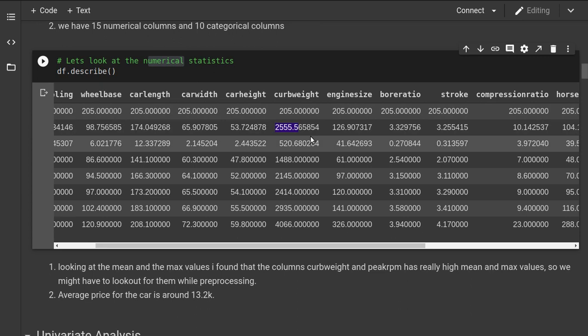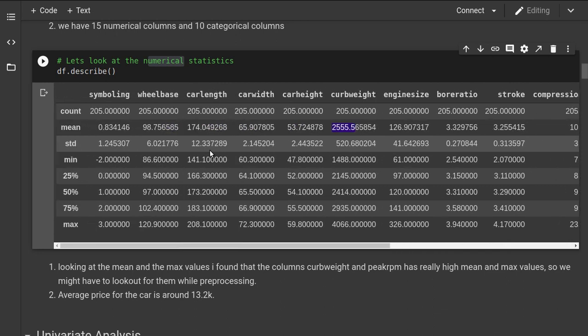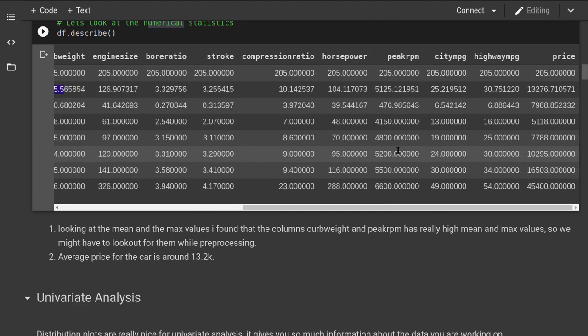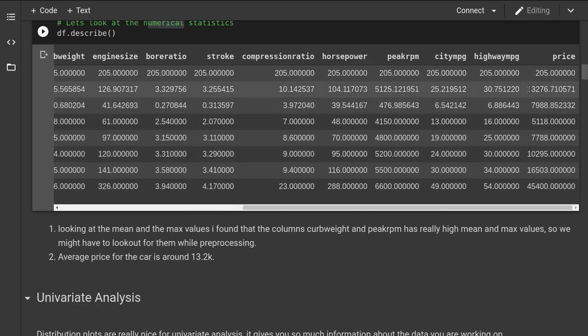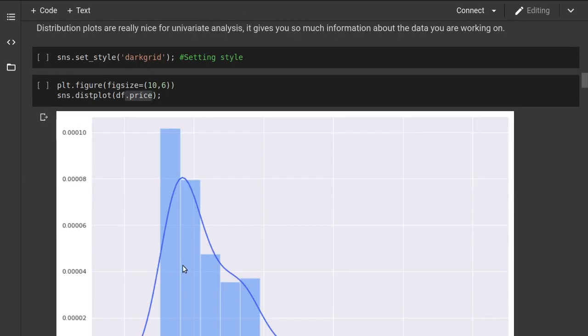Because of these two columns, it will shift the mean towards them. It will disturb the distribution of the whole data set. So we have to look out for them. The mean price of the car is 13,276.